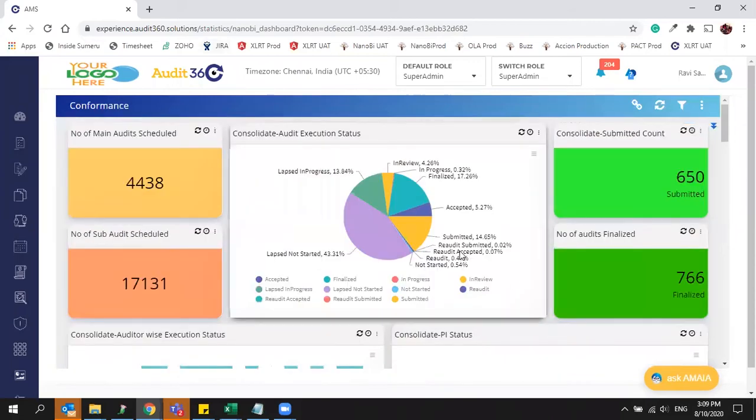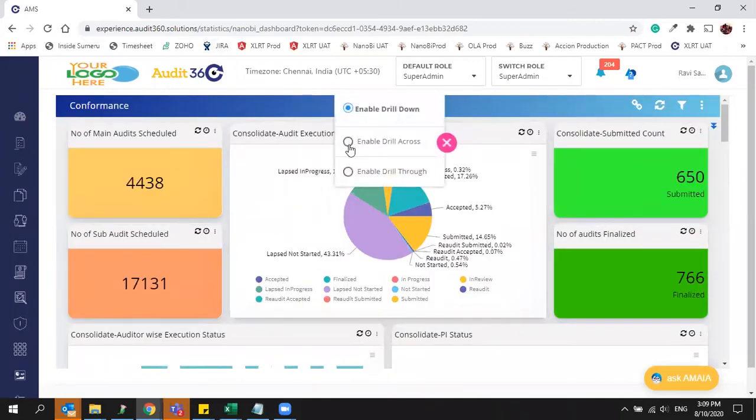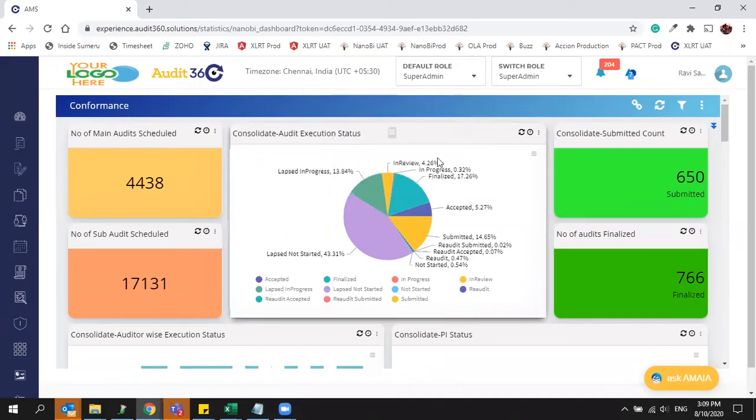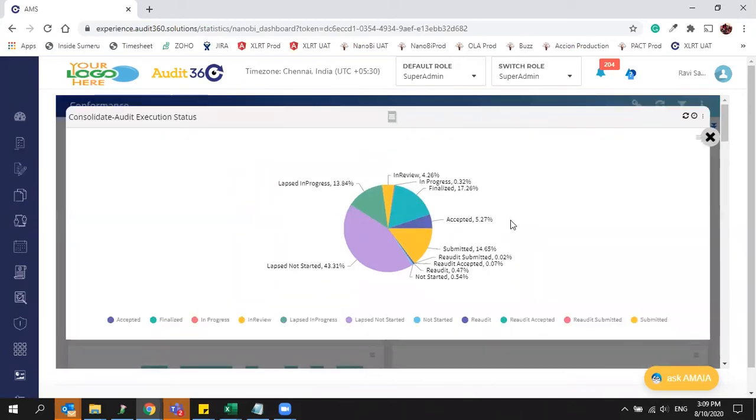Now there is one more option called drill across. Maybe only drill down will not give you the specific information. You have a lot of questions in your mind. Suppose within this chart only, you don't need to go to the entire analytics if you want to see any specific information. If you want to see which audits are being finalized, then you need not go to the particular analytics available in the dashboard.